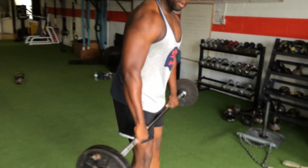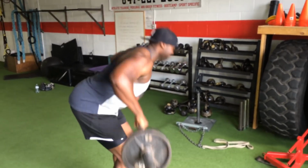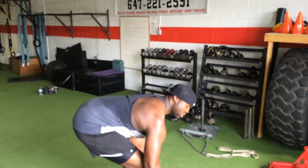You'll see somebody come in and do a bent over row where it's just completely spastic and jerky like that. Right? Basically, they're meeting the bar in the middle of its path without any sort of tension being maintained, even if their back stays flat. That's not going to do anything to hit the upper back musculature,